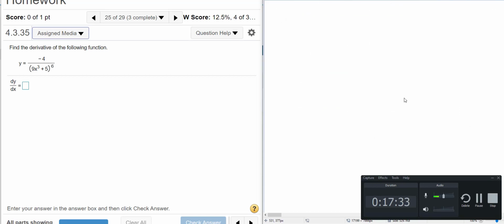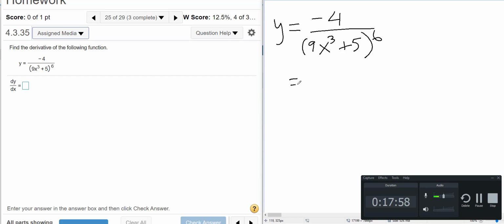Number 25, find the derivative of the following function, y equals negative 4 over (9x cubed plus 5) to the sixth. Now, you could use the quotient rule here. When you take the derivative of the numerator, you're going to get a negative. But instead, I'm going to write this as a negative exponent, (9x to the third plus 5) to the negative 6. And now I can just use the power rule,